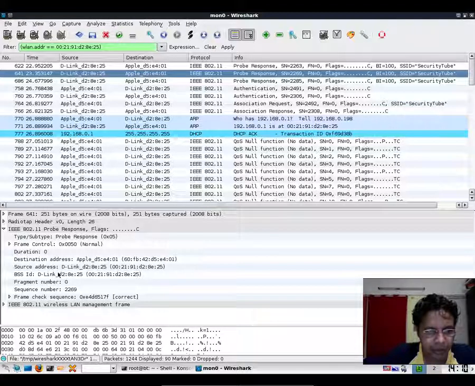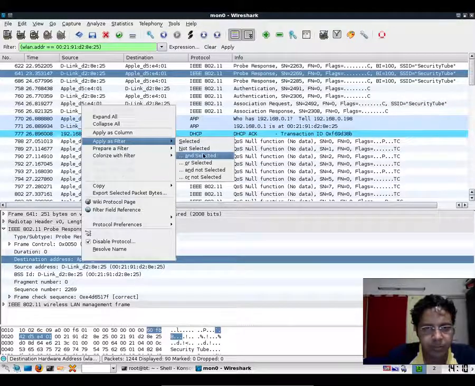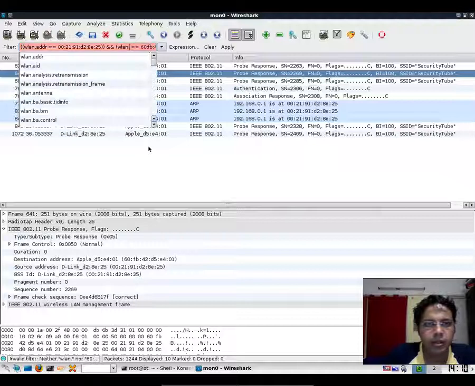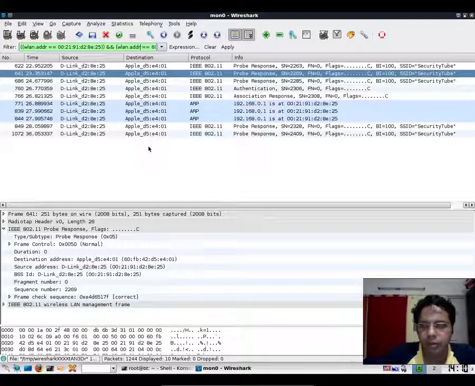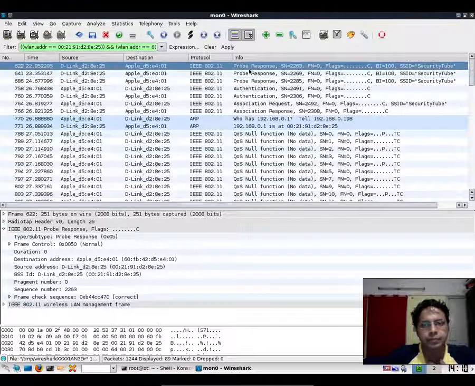Let me add this address as well, and selected. This should give me a whole bunch of details, and these are all the packets going back and forth between the access point and the client. Now let's try and understand this entire flow a little bit better.